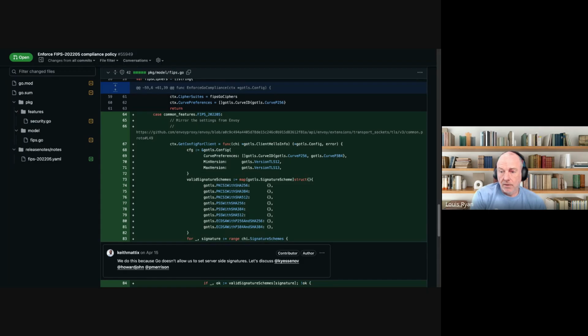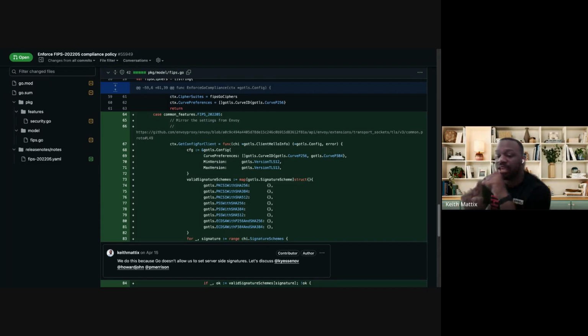If Istio wanted to offer that, right, and they were in conflict, we would have to provide some API to let people make a choice. And that API today does exist via compliance policy, right? Users can set an env var saying, use the FIPS 140-2 compliance policy. Yasek has a PR out that basically lets them say, use the post-quantum crypto compliance policy. And